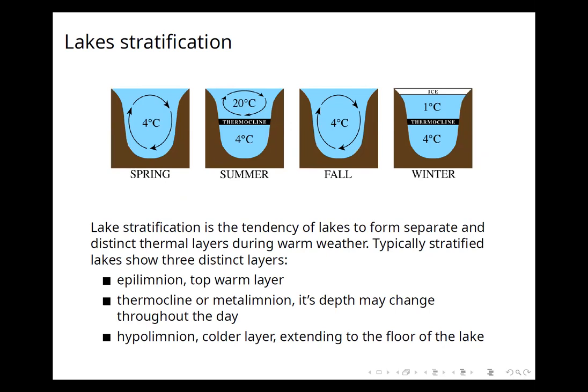These lakes can be classified by a process such as stratification. It's the tendency that lakes can or cannot have some distinct thermal layers within them, and typically there are three layers. If they have, it's a top warm layer, some intermediate layer that can change its volume during the day, and some